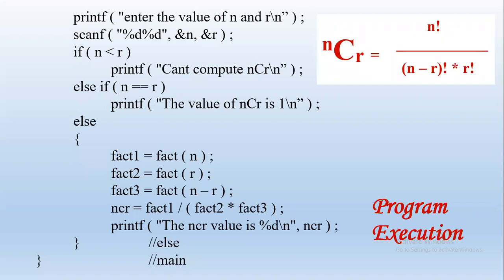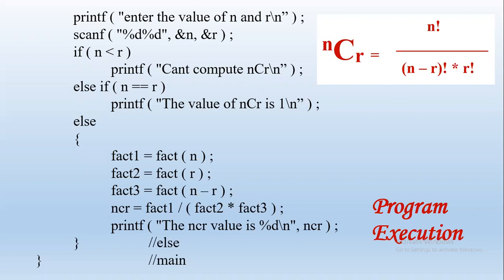Okay, right? So in this problem, we saw that we are passing some parameters. If you see this example, we can pass the parameters n and r, or we can pass an expression itself as a parameter. Here we have n minus r. So like that we may pass fact of a plus b into c plus d by e minus f into g. We can pass any expression. In that case, that expression will get evaluated first. Okay, so like this we can pass parameters as whole numbers or any data type, or we can pass expressions.